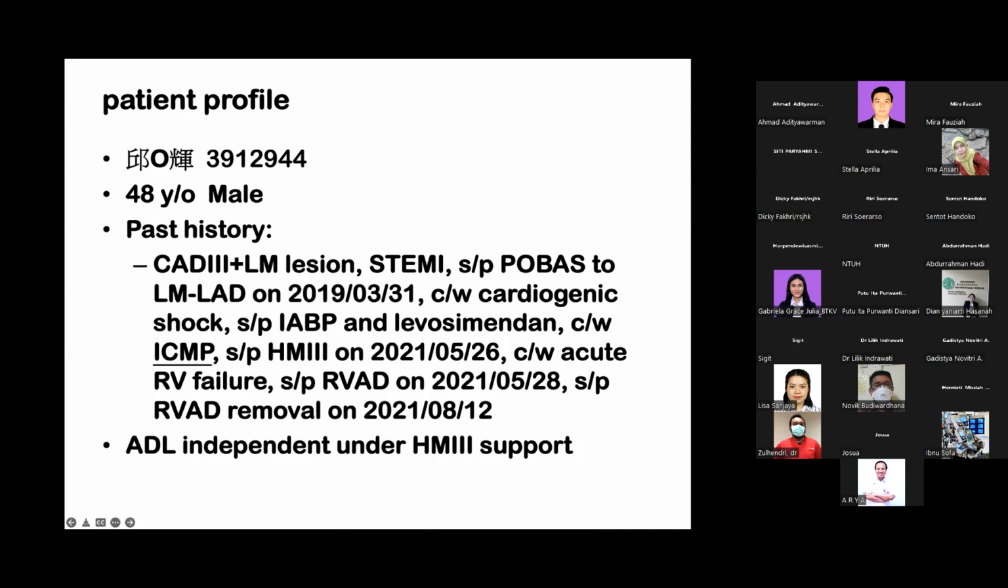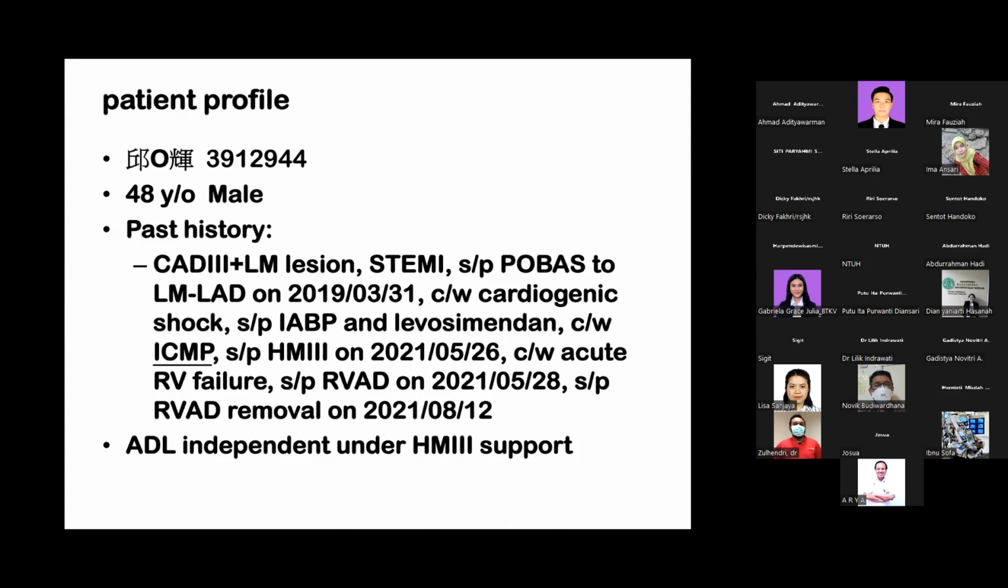The condition becomes stable, but stable only under high inotropic support. So we had the patient transferred to our hospital in 2020. As I remember, it was January 2021, and when he came to our hospital, the patient had collapsed and